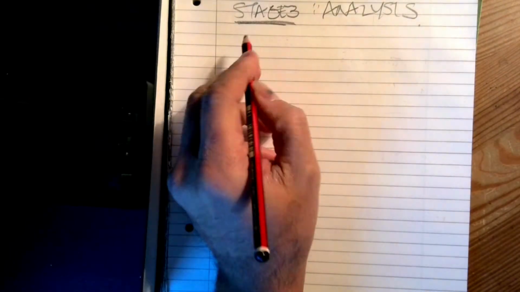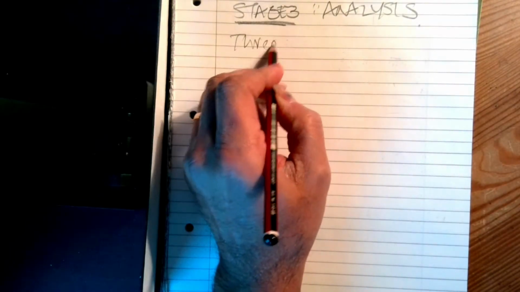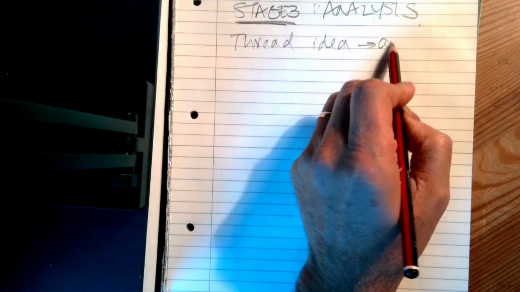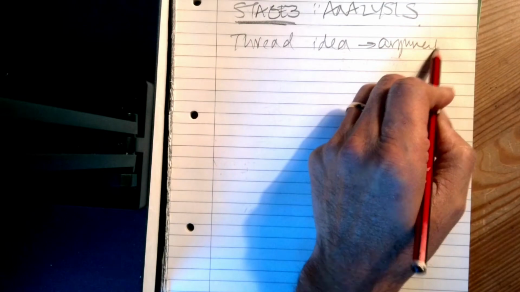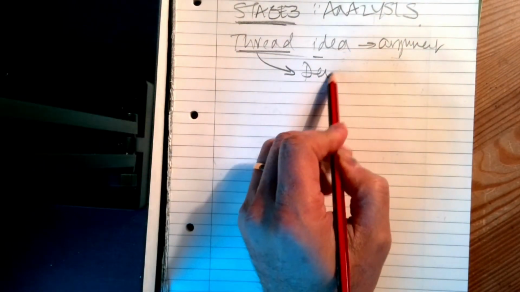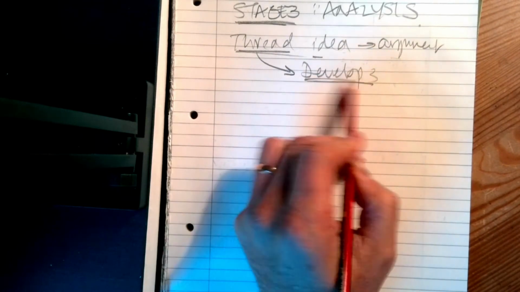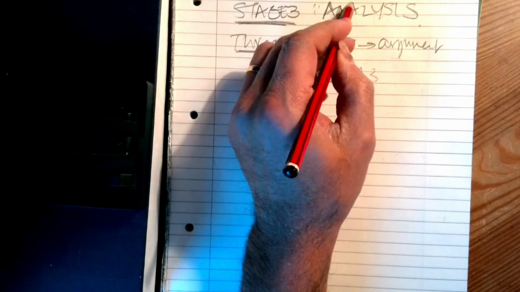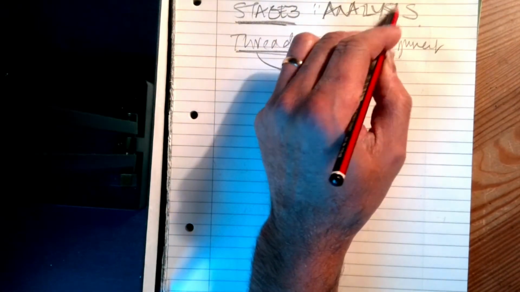Well, a very, very simple way of doing it is picking up a thread of an argument or an idea in an article and trying to see how that thread develops. That's often a very, very helpful way to both read articles and also to give you the starting point for analysis. But a much simpler overall model for analyzing